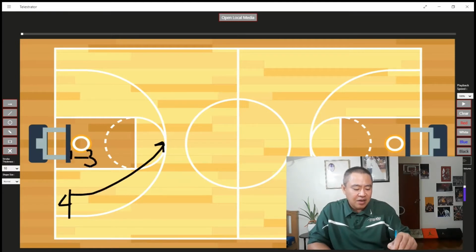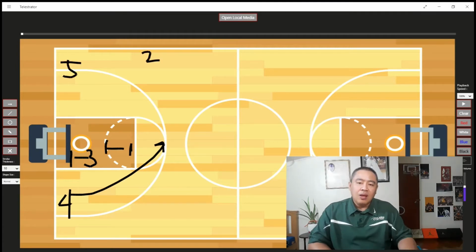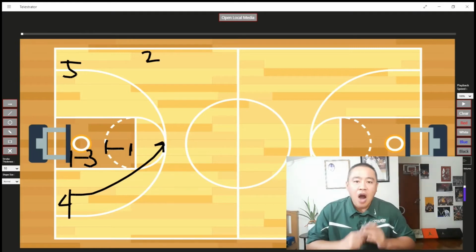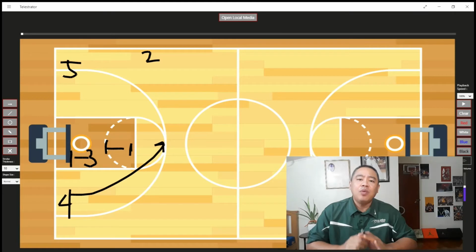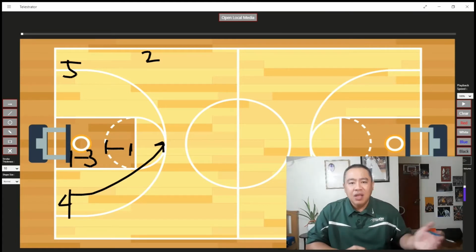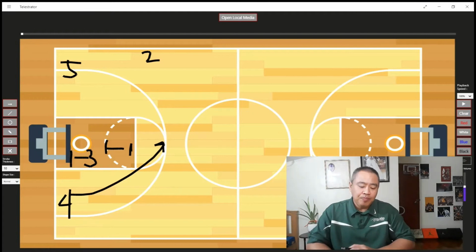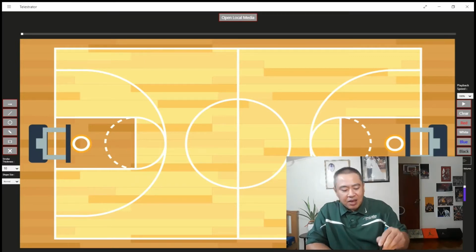Coming from that screen of 3 and the screen of 1. Okay, and then we have our 5 and we have our 2. Because it is our assumption in our team that we've developed our players, especially our 4s, or what we call our players who will be defended by the opposing big men. We have the assumption that we've developed our players in such a way that they can make this shot